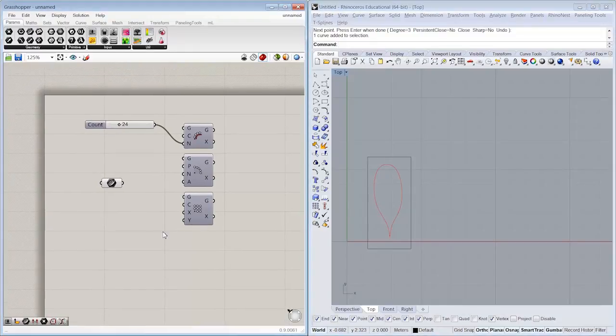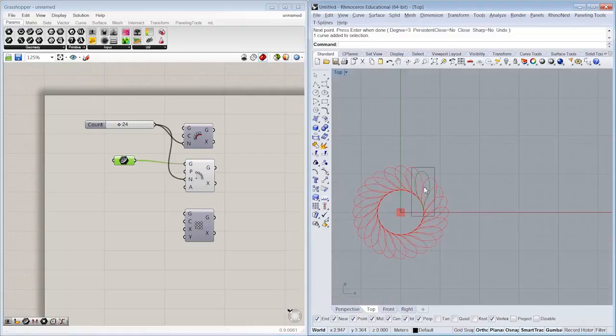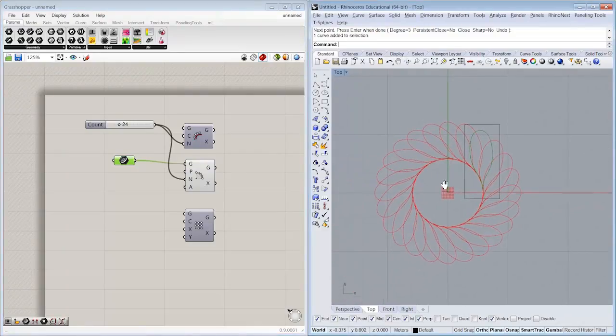So now I've got our curve in Grasshopper. And if we start with the polar array, the geometry we want to array is this. The plane about which it's going to array is the world XY, so that's down here. And then I'm going to connect this count slider into the N input, and let's see what we get. Now, that's interesting, very floral, but